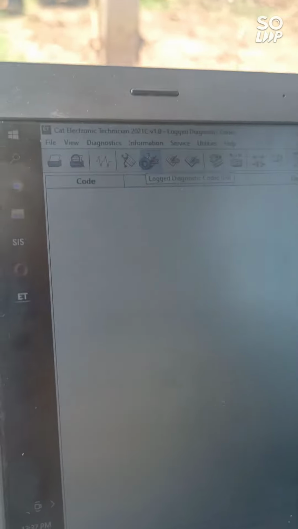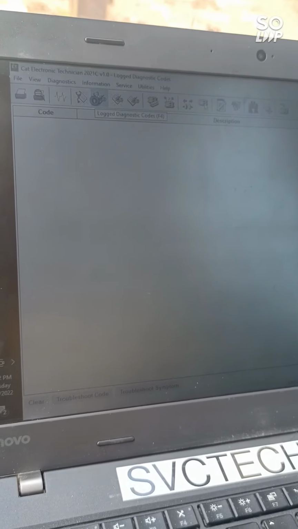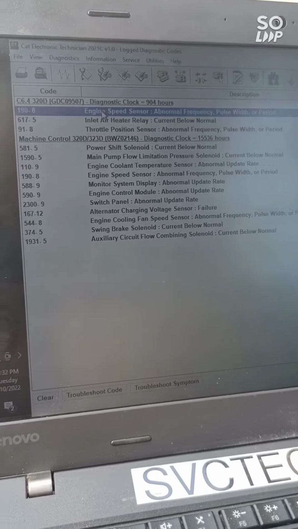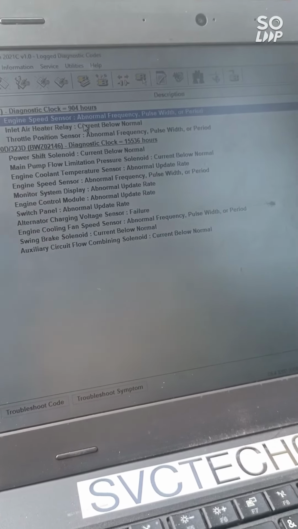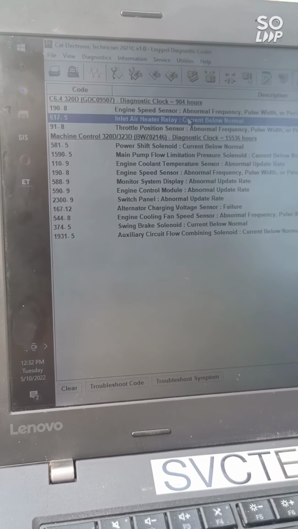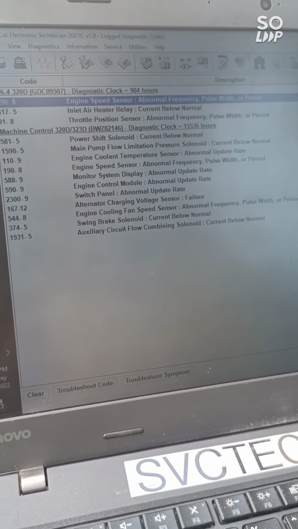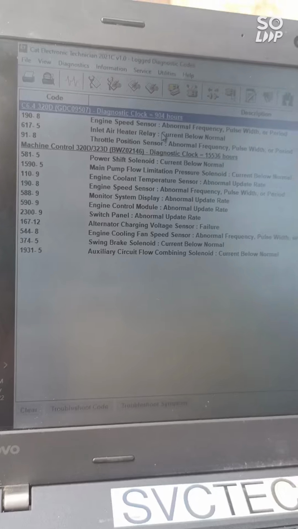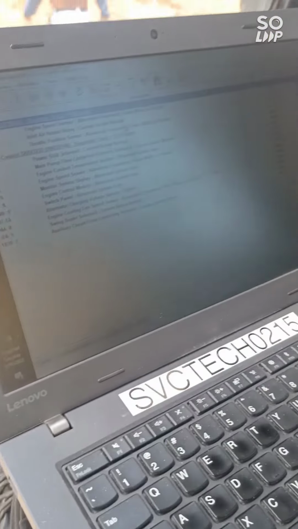By the way, the problem with the machine was it had experienced a sudden shutdown, so we're going to look for a code that might trigger the problem. Here we have engine speed sensor code, inlet air heater release code, and throttle position sensor code. The last time the engine speed sensor occurred was at 904 hours, which is at the same hours where the engine ECM is. So